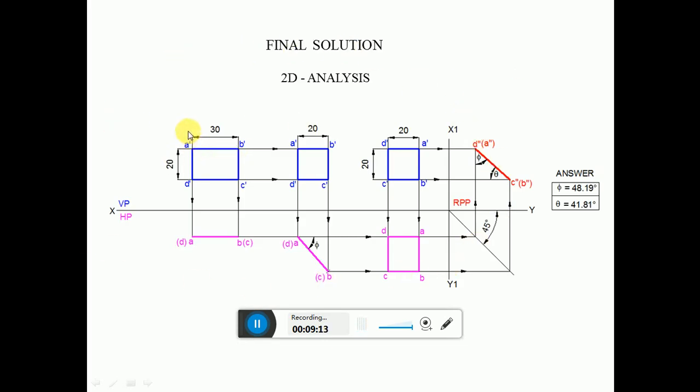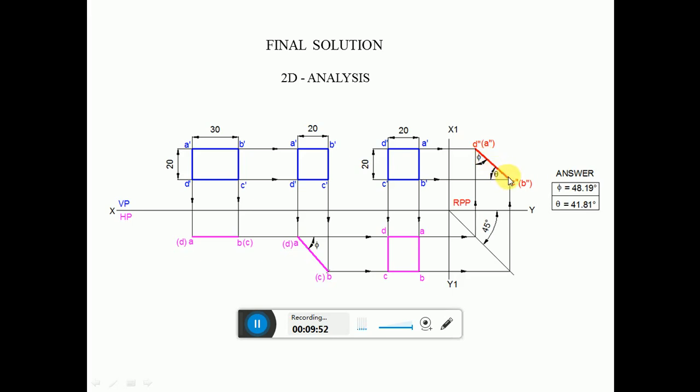So a rectangular lamina of 30 mm by 20 mm is rotated such that it becomes a square of 20 mm side. Then draw the projections and find the inclination of the surface with respect to both HP and VP. So this is the surface here in the front view and also the surface here in the top view. So since this is here also a surface and here also a surface, that means this surface is inclined to HP and also inclined to VP, but it is perpendicular to the profile plane, so you are getting a line.